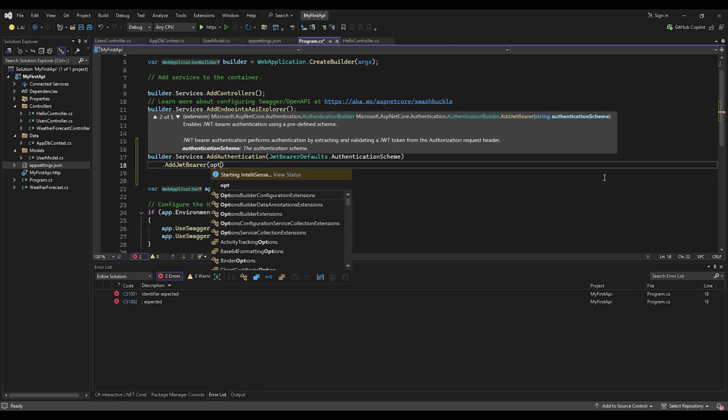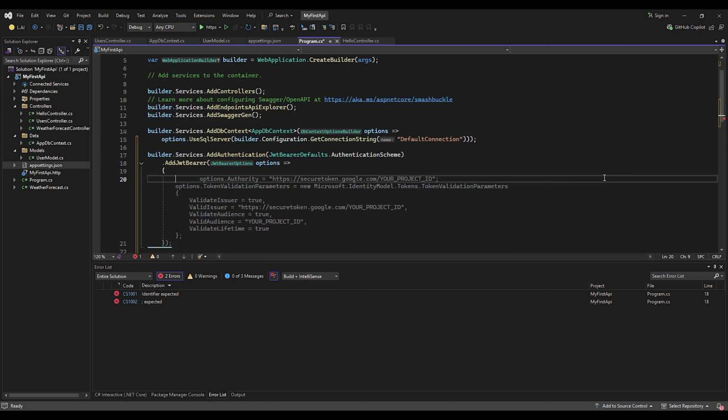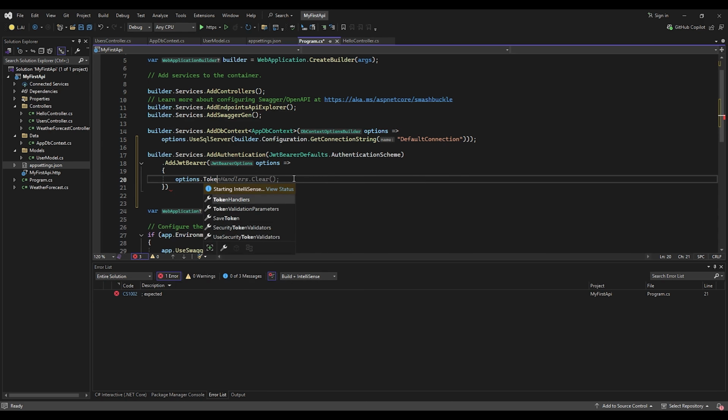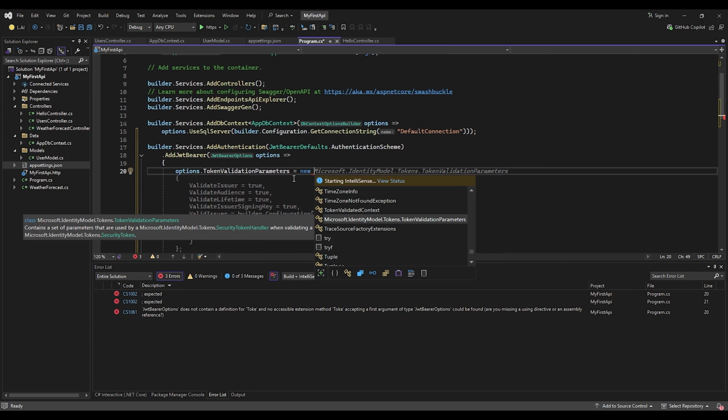We have to map to options.TokenValidationParameters equal new Microsoft